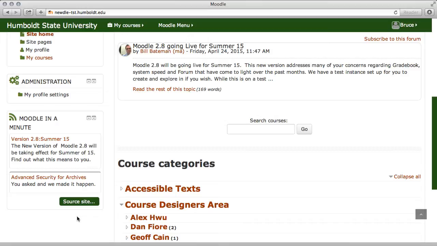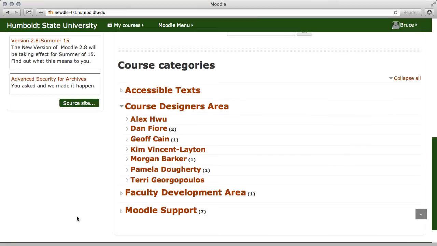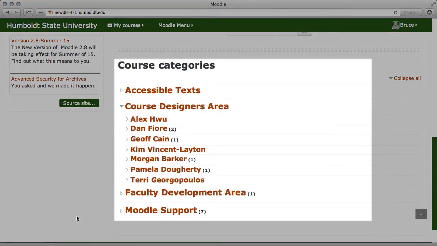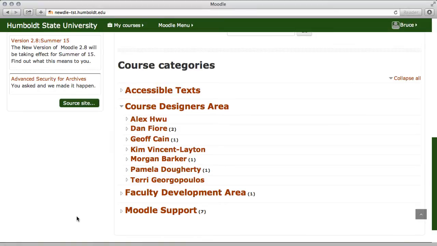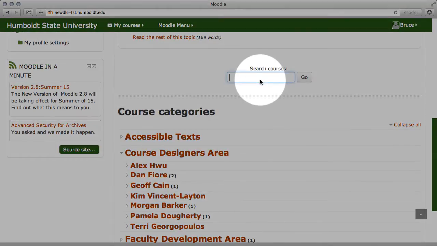And your course categories are at the bottom of the page, as they always have been. When fully active, this is where you'll find your summer and fall 15 courses, and you can come to the area right above course categories where it says search courses. You can enter a CRN. No changes there.